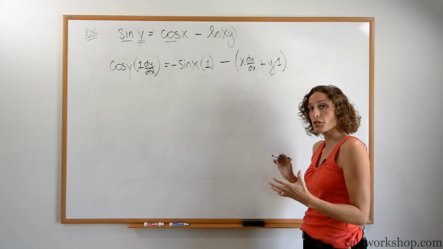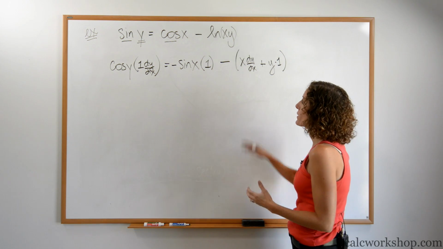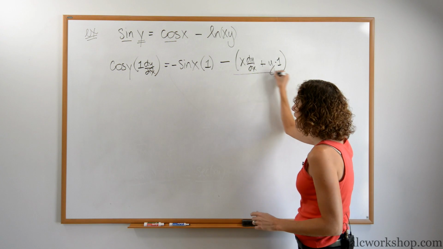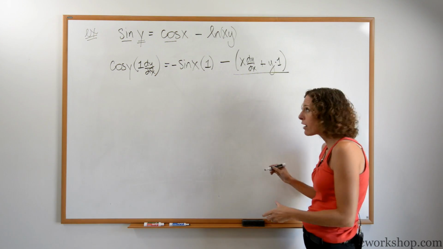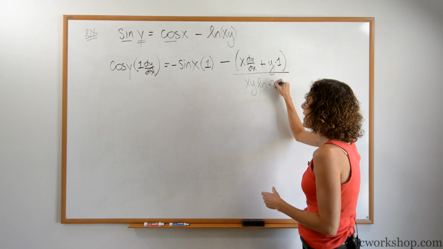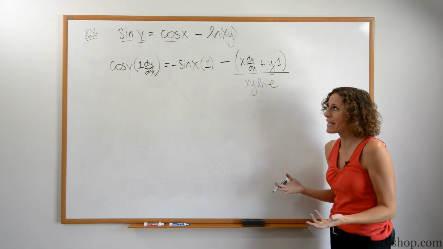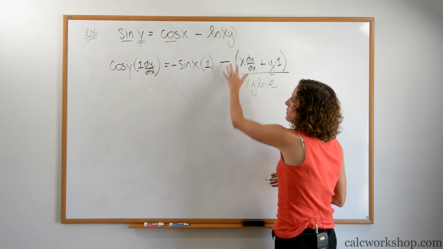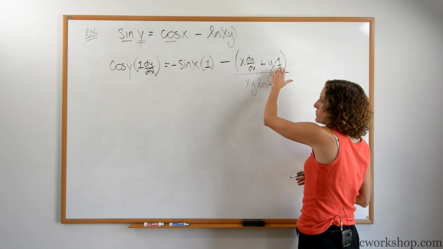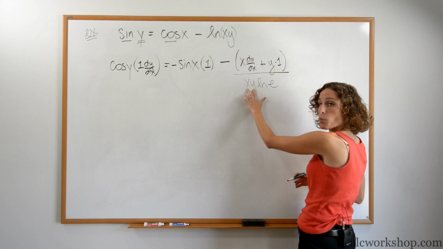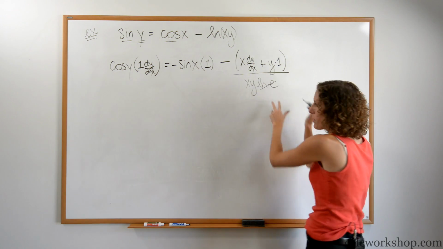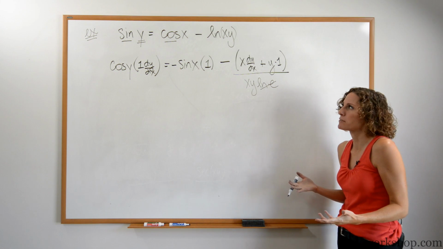Now, with the log function, what we remember is that we take the derivative of the function and then we divide by the function itself, which is xy, and then we multiply by ln of the base, which happens to be ln e. So again, we have a product, first times the derivative of the second plus the second times the derivative of the first, divided by the original function itself, because we're rewriting ln e. Once again, ln e wipes out, so we don't ever really have to write it.